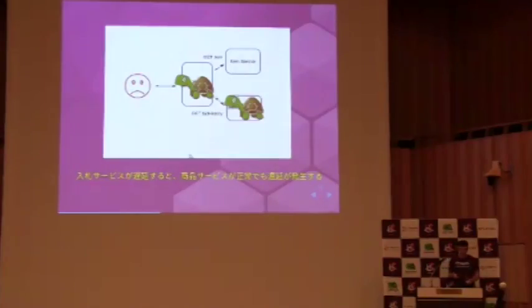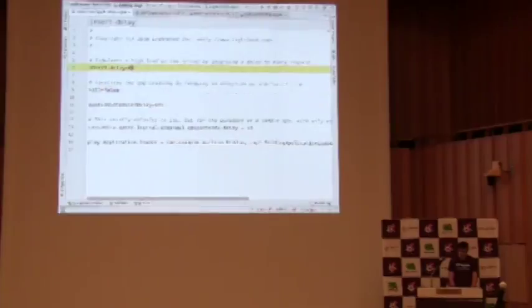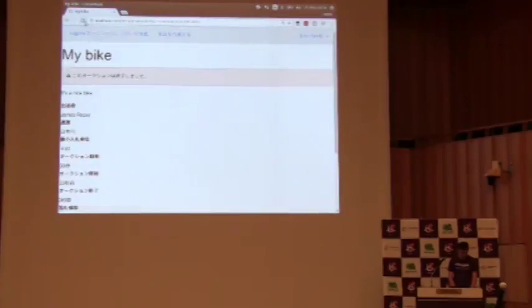I'm going to simulate high delay on my bidding service by inserting a delay of 30 seconds. Let's just say it suddenly became really popular. Everybody really liked my bike and wants to buy my bike, and they're all hitting it. It's getting to the end of the auction and they're hitting refresh, refresh, refresh, and it just becomes choked up. And so it's now taking 30 seconds to respond. So if we go to the auction and hit refresh, we can see it's really slow. It's just sitting there spinning and nothing's happening. So the user's not going to be very happy about this.